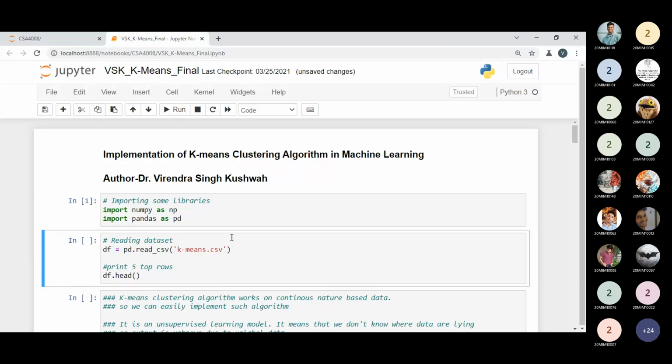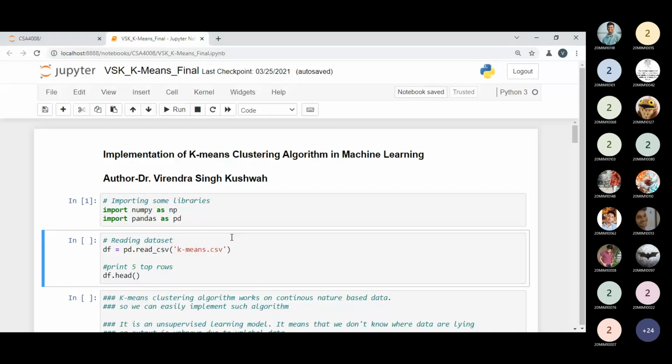I have to choose appropriate values on which I can apply our k-means algorithm for clustering purposes. So df is the name of the variable used for the data frame, and pd is the name of our object for the pandas library. With the help of the pd object we can use the read_csv method to read such a data set. So we have the kmeans.csv.